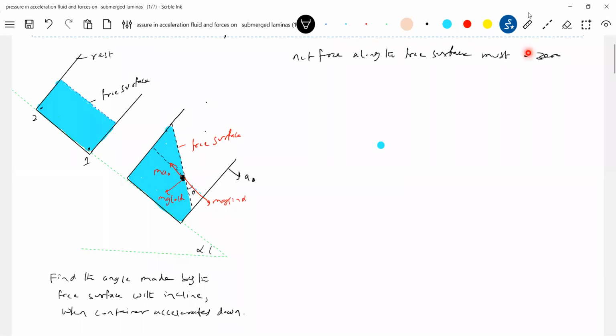This is one property of free surface. Otherwise, what happens? It cannot be in that particular position. So let's go for that one. Who is drawing this diagram? The person on the container, because I took pseudo force here, M a naught.